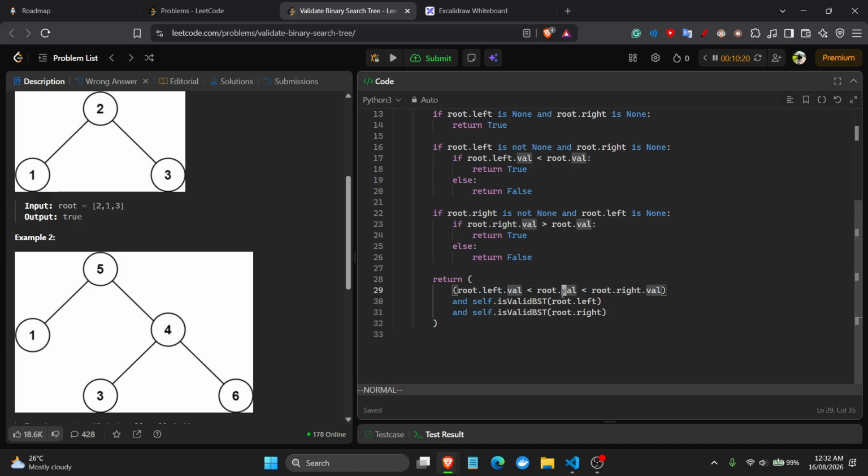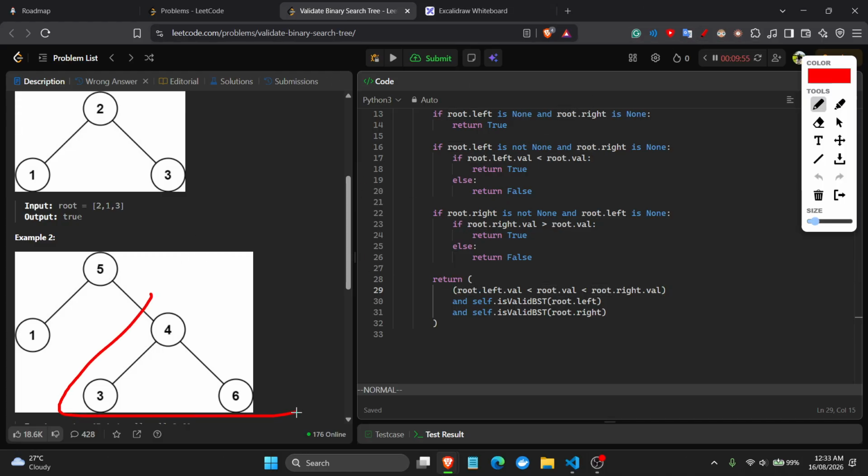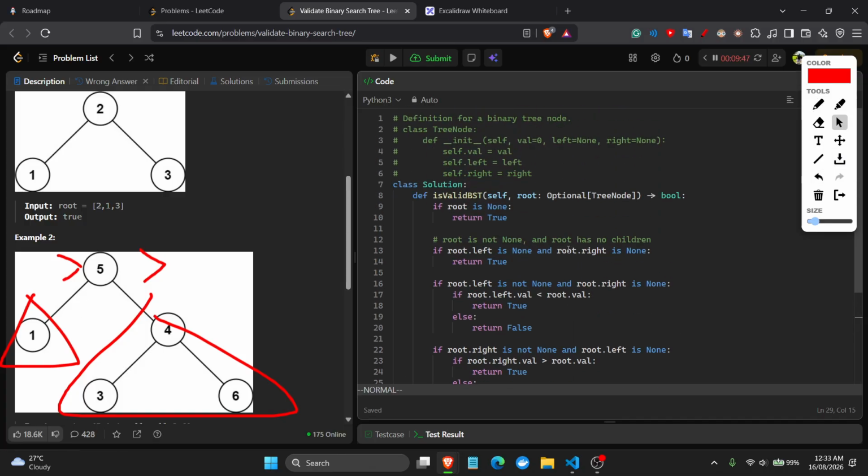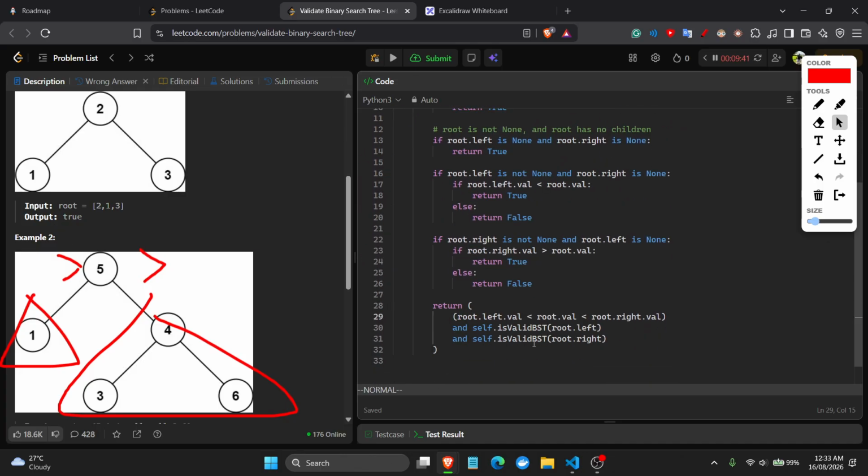Dot left, dot right. Hmm. So every element over here collectively has to be greater than 5. Every element over here has to be less than 5 collectively. I am thinking we need to have some bound from the root. So the way I think about this is,